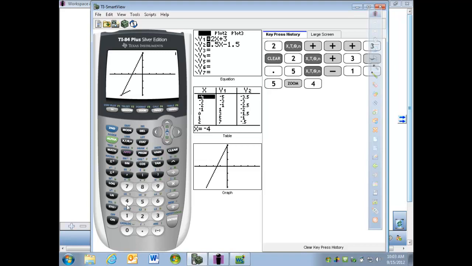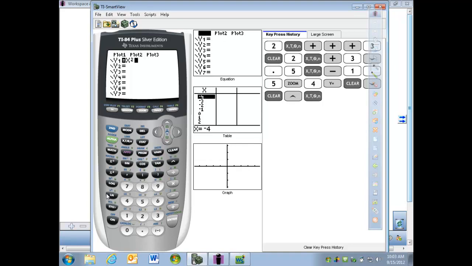So as I graph those right now, there's the original function. There's 2x plus 3. There's the second function, 1/2 x minus 3/2. And what do you notice about those? Not much? Okay. Let's try another one then. X squared. Now x squared doesn't really have an inverse. I'll explain why in a second, but you can see part of what I want you to see here